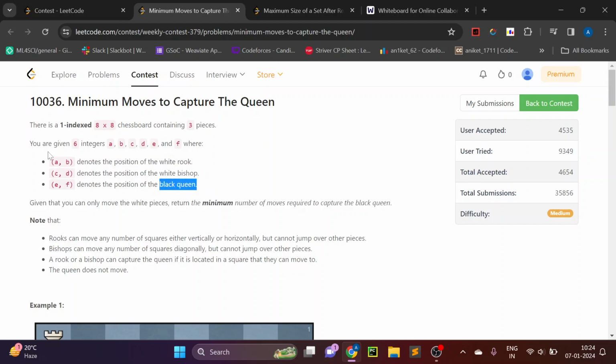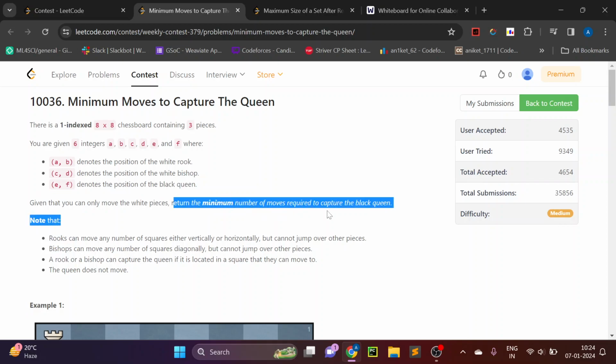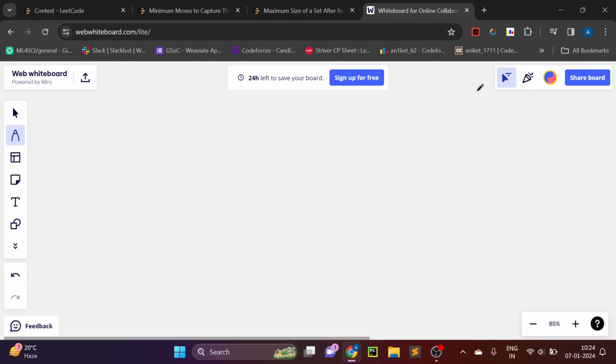a black queen, and we are given the positions of them in terms of a, b, c, d, e, f. a, b denotes the position of the white rook, c, d denotes the position of the white bishop, and e, f denotes the position of the black queen. Now we have to print the minimum number of moves required to capture the black queen. Now let's just